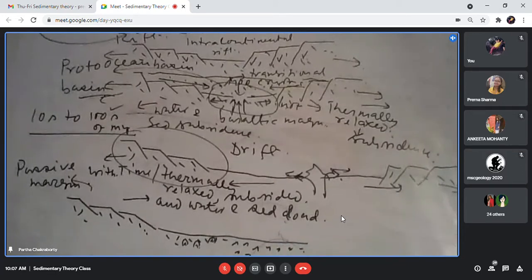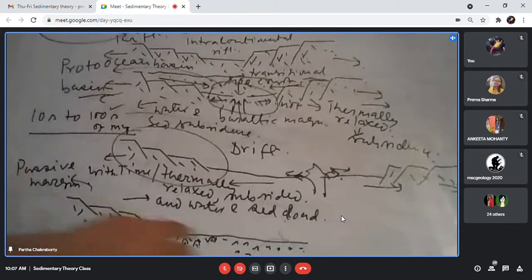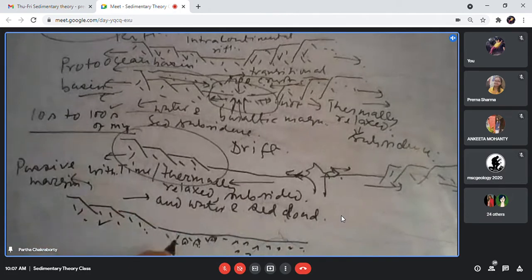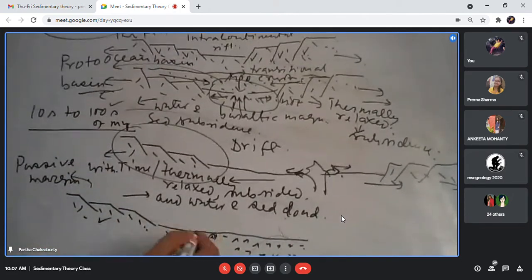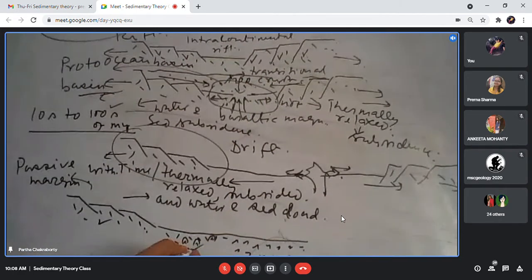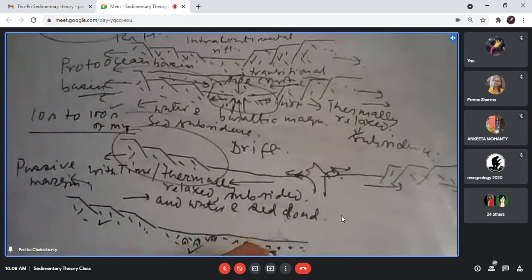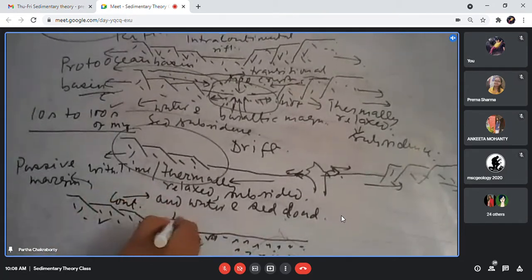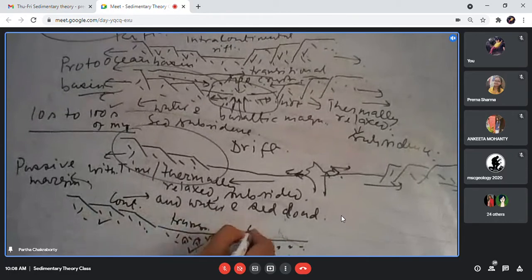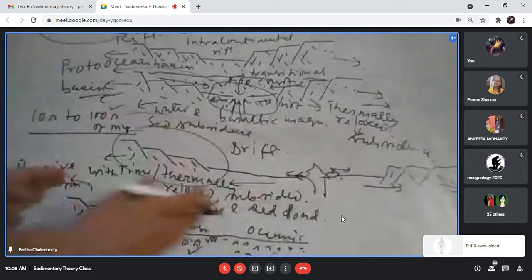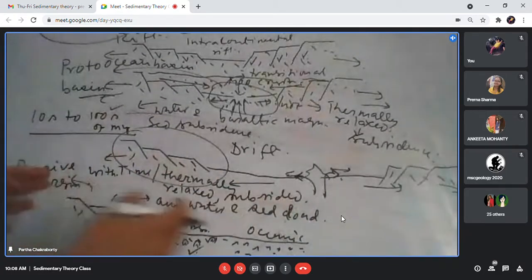Now, when I see the passive margin, what will be the character of this passive margin? If I see the nature of the crust of the passive margin, you have a continental crust here, you have a transitional crust here, because it has been inherited from this transitional crust. Then it will lead to an oceanic crust here. So you have a continental crust, a transitional crust, and an oceanic crust. And that will be the entire stretch of the passive margin.